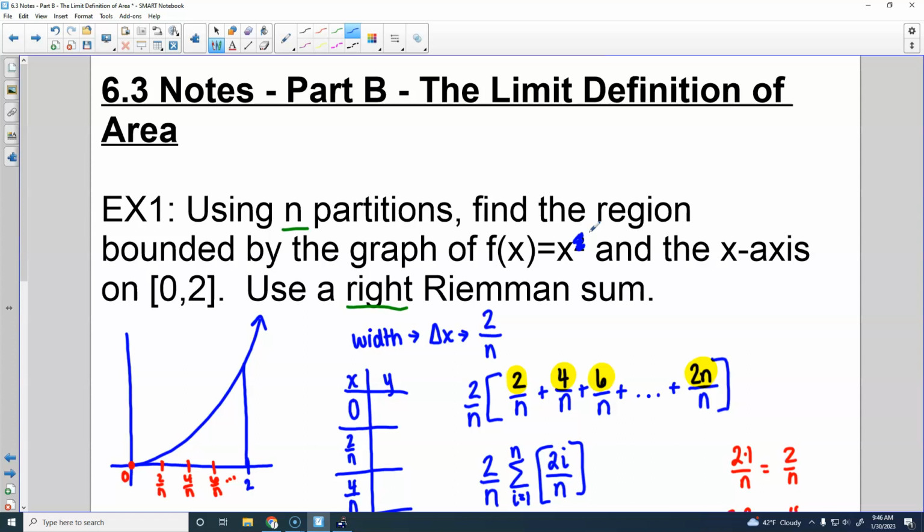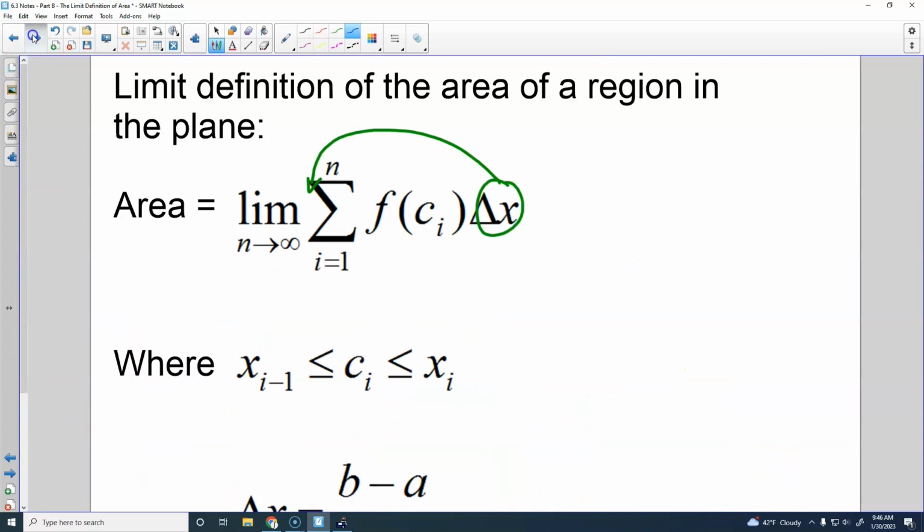I should have squared each one of those, which means instead of having 2I over n, I would have had 2I over n squared, which would change my problem a little bit, but we'll just see on the next one what we've got to do there. So,